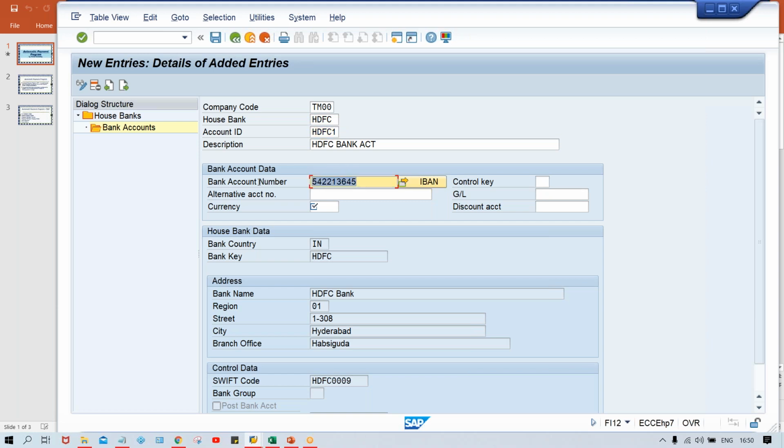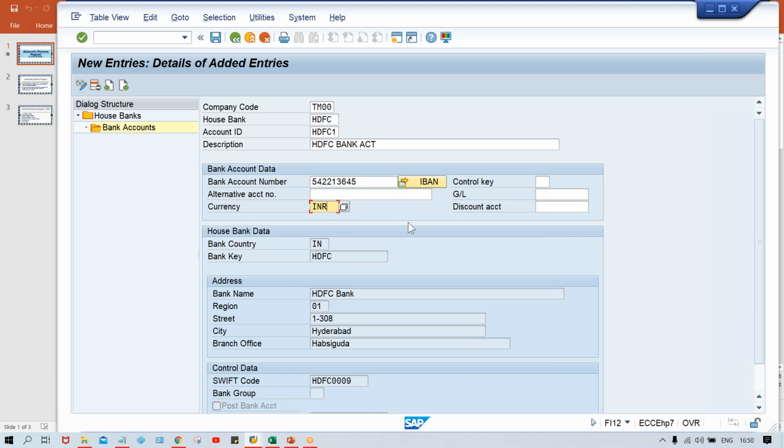Look at here, against the account ID we are giving the bank account number. So what does account ID represent, guys? Account ID represents the bank account number. Account ID equals account number.